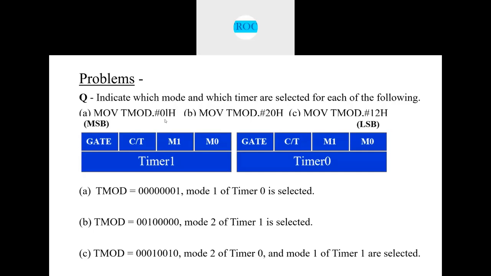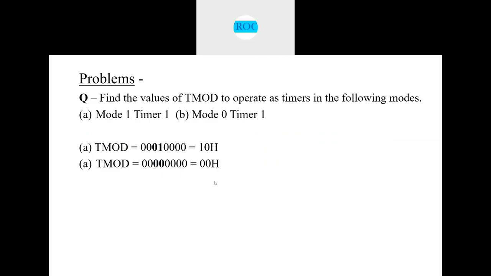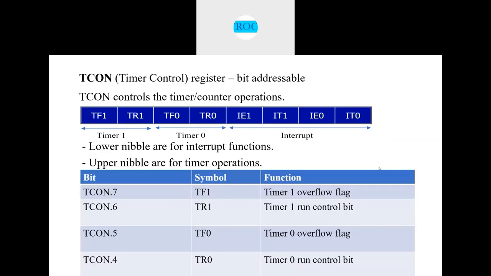And also we saw this, right? Depending on the value we send to the TMOD register, we know which timer is operating in which mode. And also we'll study the TCON register, right? We know about the TMOD register. The TMOD register is used to control the different modes of the timers, whether it is mode 0, mode 1, mode 2 or mode 3 here. And we also know that the TMOD register is byte addressable, right? You cannot